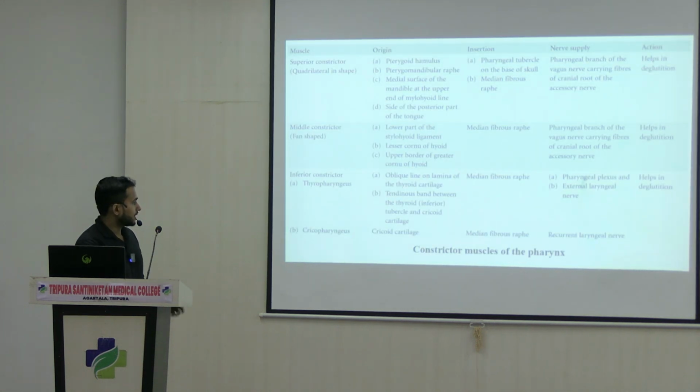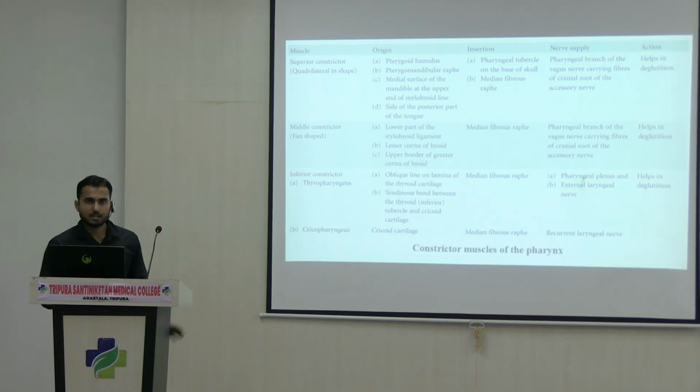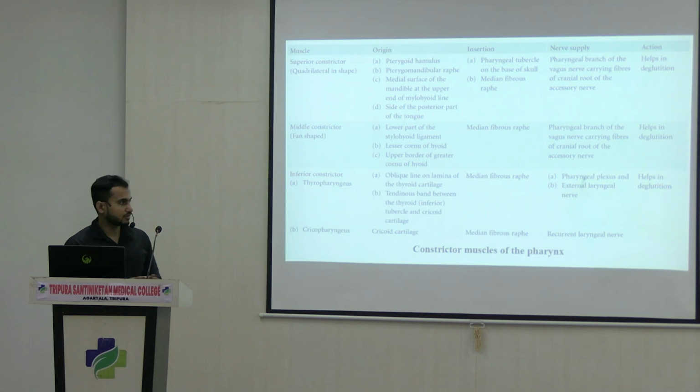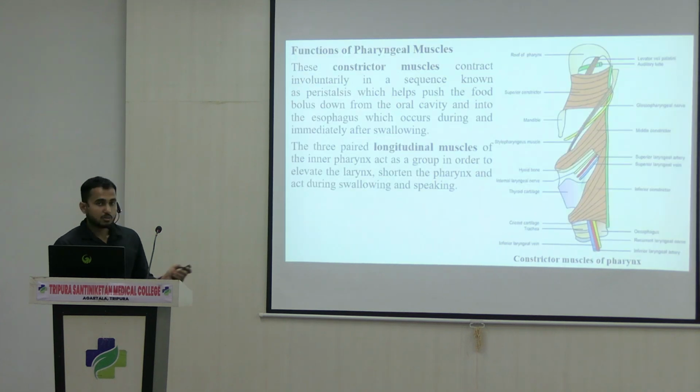Now here you can see the list of the constrictor muscles. Here you can see the name of the muscle, origin, insertion, nerve supply and action. Nerve supply, I am coming to the nerve supply, don't worry. And here you can see these are the longitudinal muscles of the pharynx. Now next is the